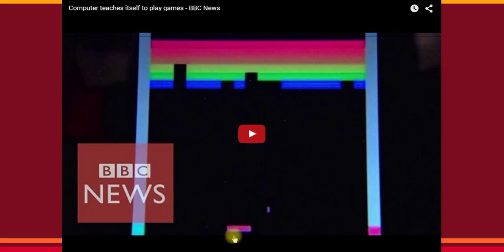It's a game called Breakout. There's a paddle down at the bottom of the screen, and a ball comes into play. The objective is to not let the ball get past the paddle. You use the paddle to hit the ball, it ricochets up and hits the wall, and each time it hits, it breaks out a brick. These bricks have values: the ones at the bottom have a low value, the bricks at the top have a high value. This program was written to learn how to play this game, and it had one objective: maximize, optimize the score. So let's take a look at how it actually works.